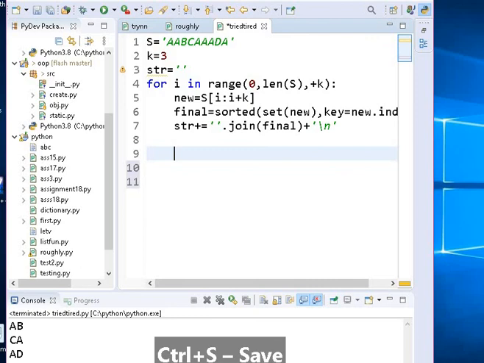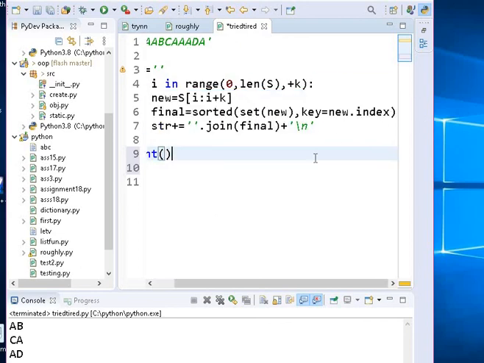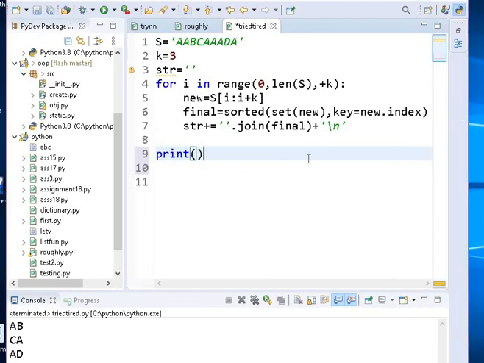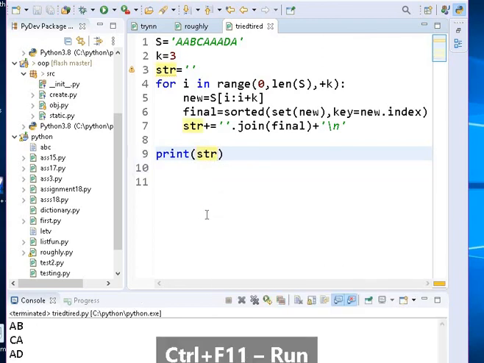Hope we got our answer. Print. Yes, print. Okay, you are unable to get this. Wait a sec. Yes, print str. I have done this for good readability. Directly printing in a for loop doesn't make sense.